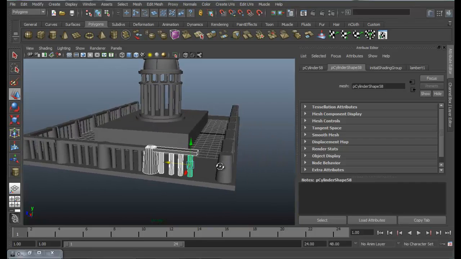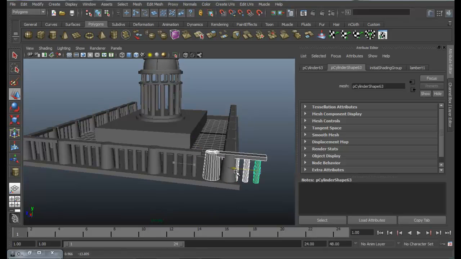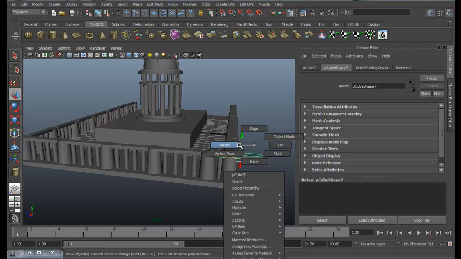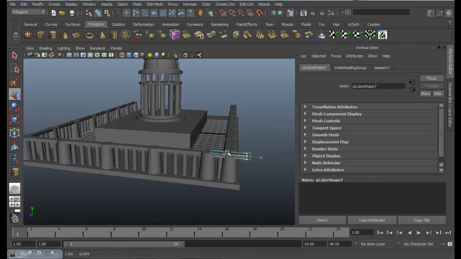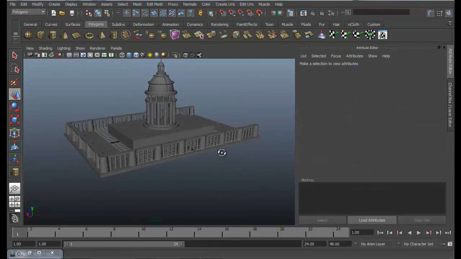And for this end part, what we will do is just duplicate and try to put this one right here, and then just delete this too. Go to vertex and just make it a little smaller. Okay, that's alright.